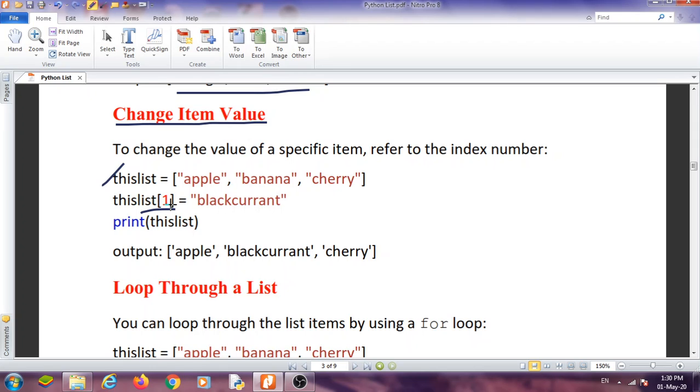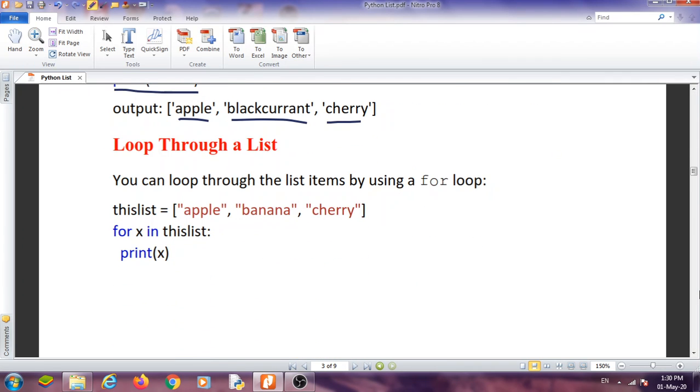At index 1 we will put black currant. The black currant value will be put at index number 1. This is index 0, 1 and 2. Now banana will be replaced by black currant. If we print the list, it will display like this.